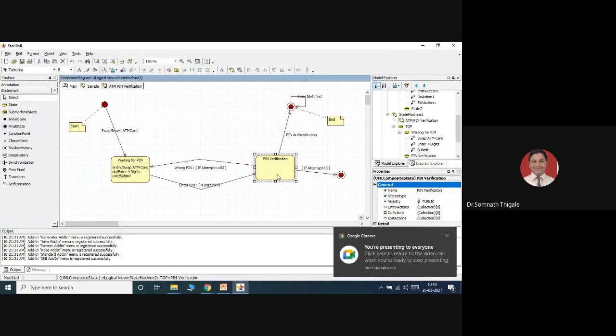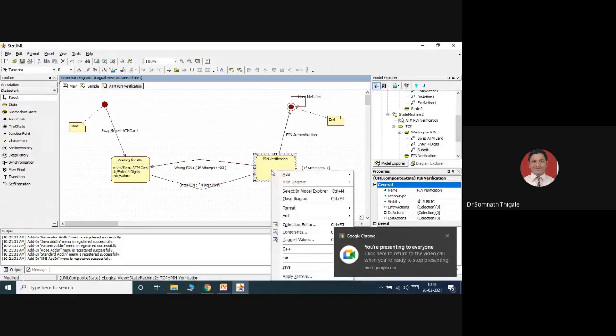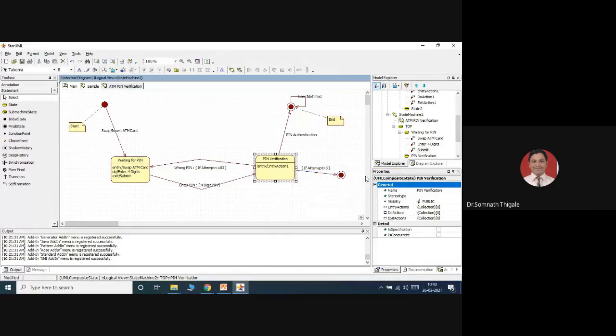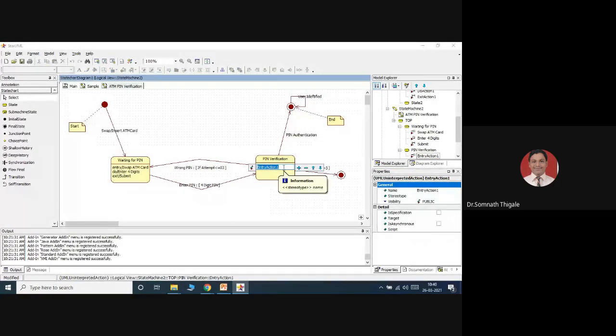Again with pin verification, what actions will be there? Add entry actions. First entry action will be select 4 digits.